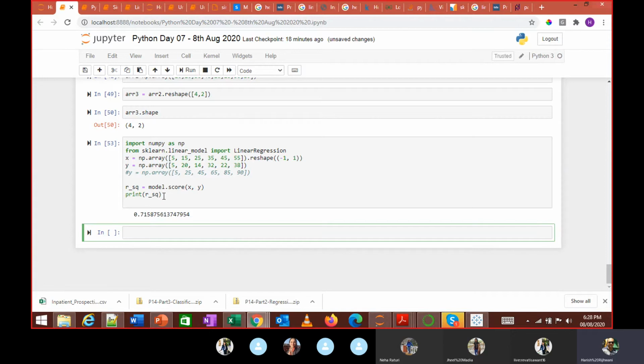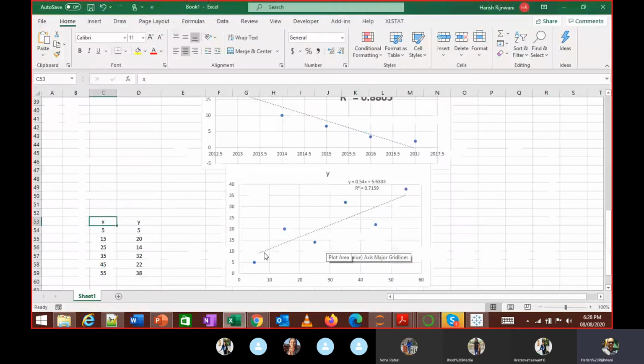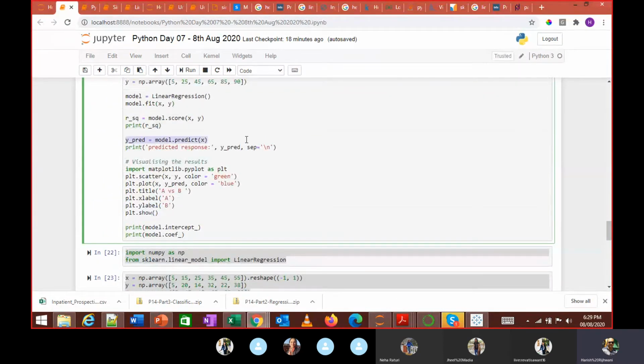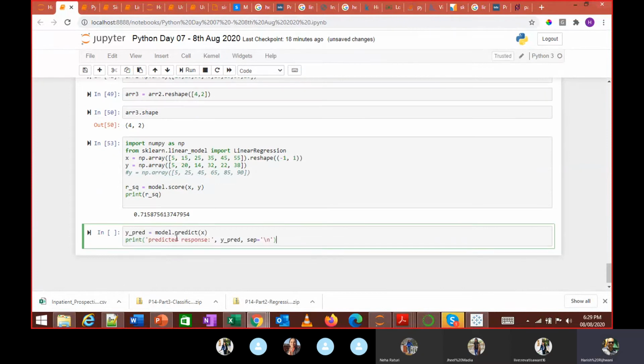Now to get this particular line, that is the best fit model, I have to use the value of y predicted. I am going to predict the value of y using model.predict, where I am passing the parameter x.